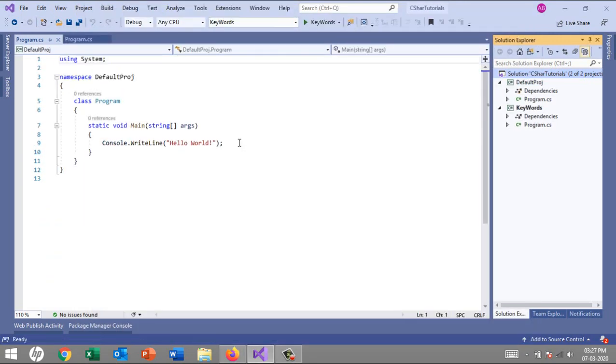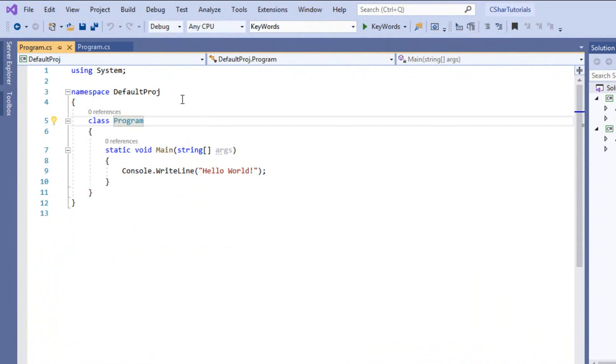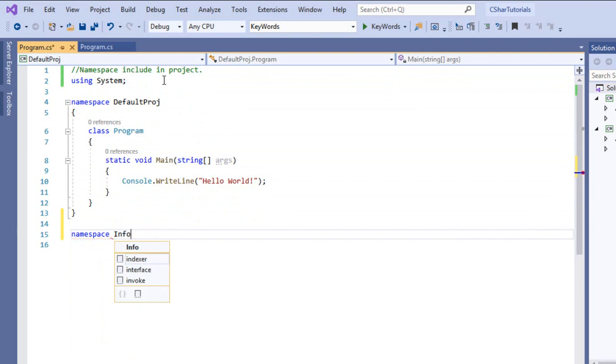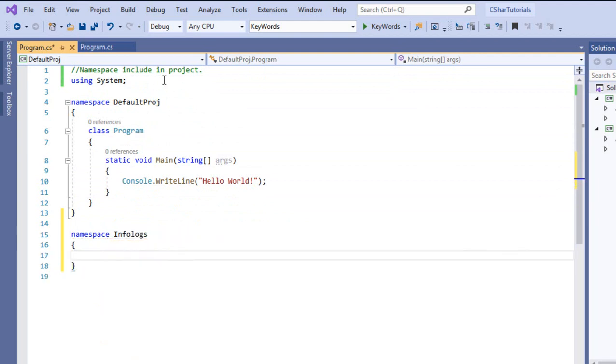Okay, this is the default. As we are using the ASP.NET Core project, you will see only one namespace included in the project. As required, you can go ahead and use more. So let's say I'll create a different personal namespace, Infologs. Then again the namespace,